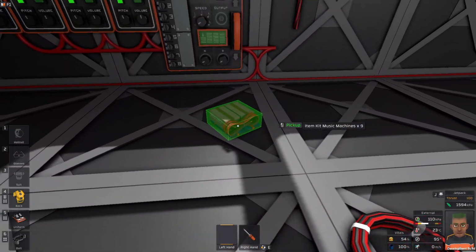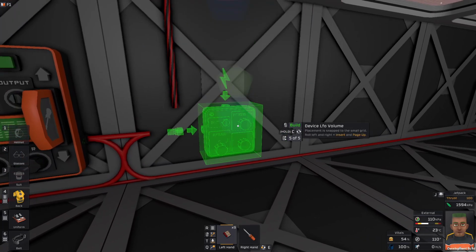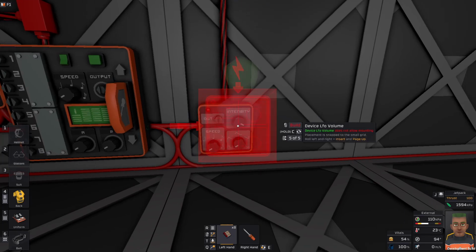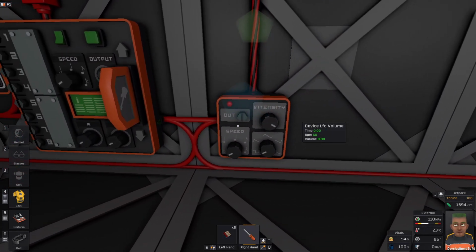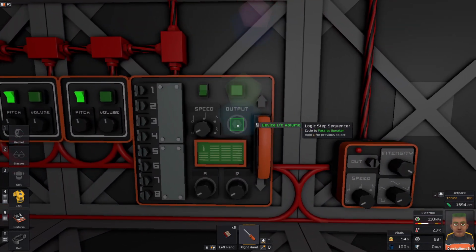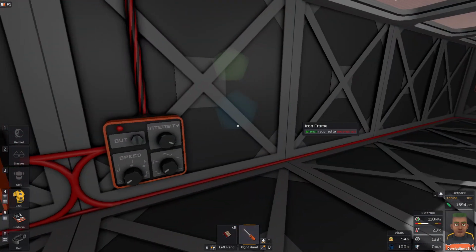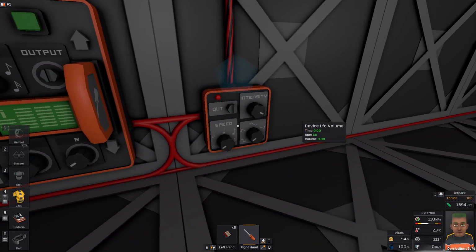And then the next thing I'm going to do is, well, that was interesting, make an LFO unit. So there's this guy over here. So we're going to set the output of this to the LFO. I'm going to set the output of the LFO to our speaker over there. This is kind of like this one in that it needs to know where it is in order to be